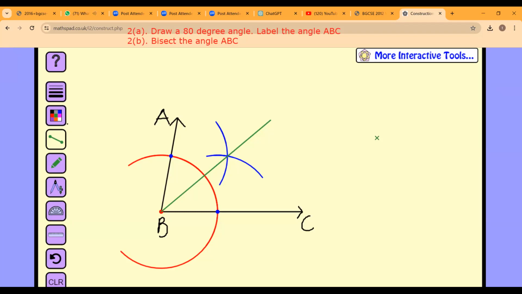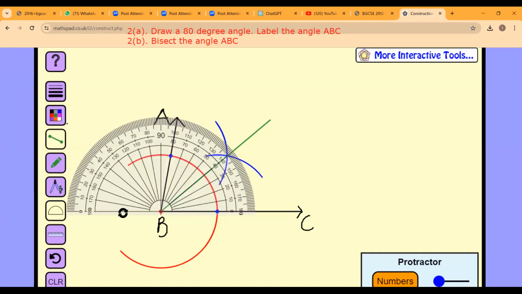All right, so what we have to do is, we're gonna draw the compass. I mean, not draw the compass, we already have it now. We're gonna take a protractor and we're going to